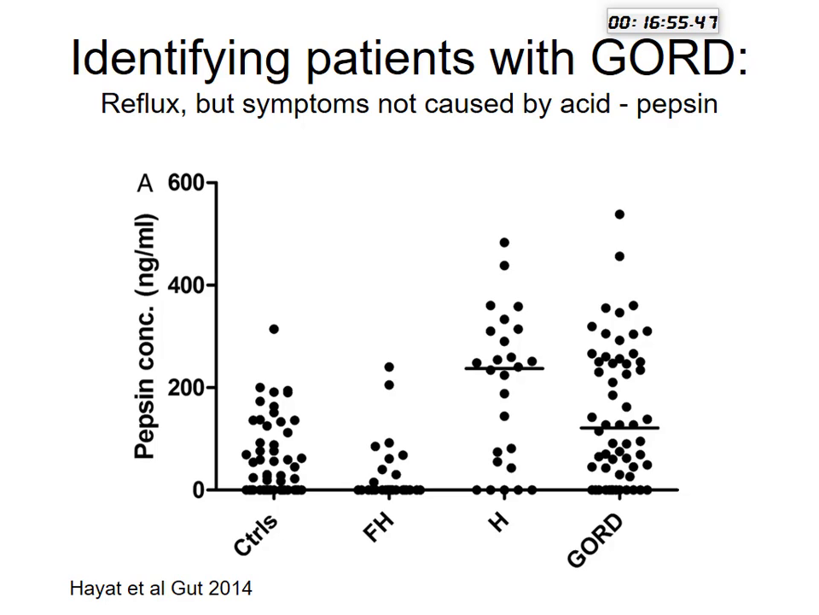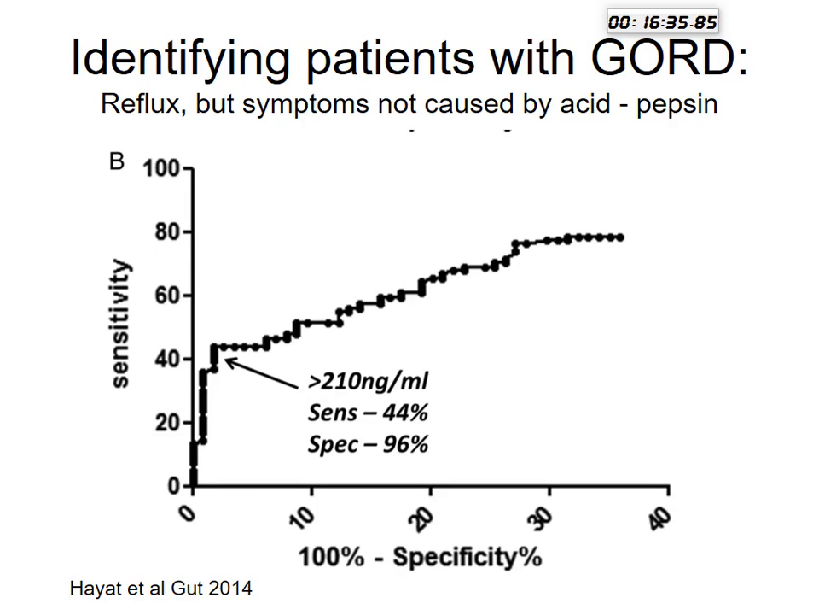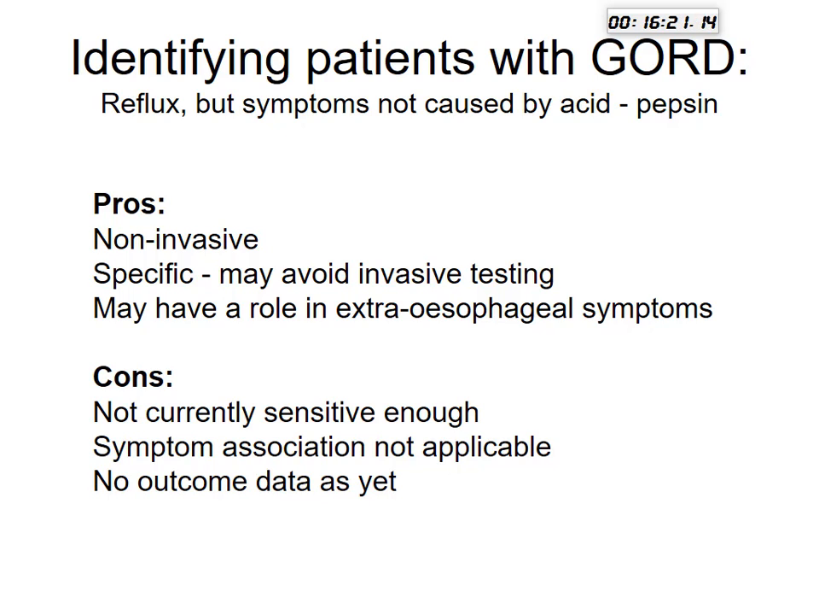some optimism. It's not perfect, but we certainly did see that in patients with reflux disease, gastroesophageal reflux disease, defined on 24-hour pH impedance studies, there were higher salivary pepsin concentrations than seen in functional heartburn patients or in controls. But again, there's overlap here. If you use a concentration of 210 nanograms per mil, you have a pretty good specificity, but the sensitivity is not there yet. And I think further studies that are being done are again showing there are some flaws with